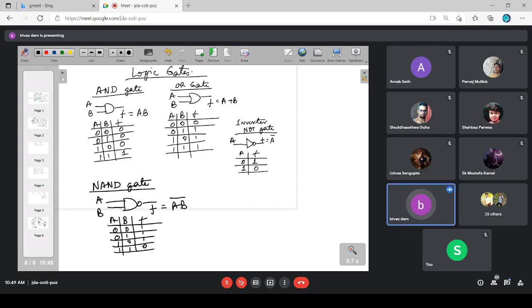The fifth one is the NOR gate. This is also once again a not OR operation. That means one OR gate followed by one inverter or NOT gate. So symbol wise, in the same manner, that will be nothing but